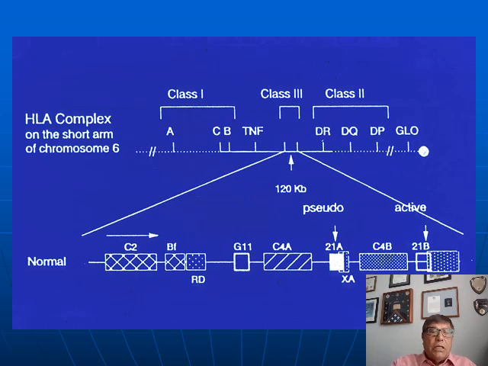So this is autosomal recessive, and this is the gene located in the HLA system, chromosome number 6, and it's class 3 antigen. Right here is the class 3, and if you magnify this one, this certainly will not be in your test, but you can see that the 21A, which is right here, is the gene defect. And by looking at this gene, we can do the amniocentesis and we can tell if the baby is affected